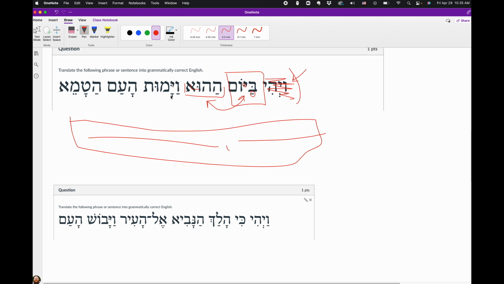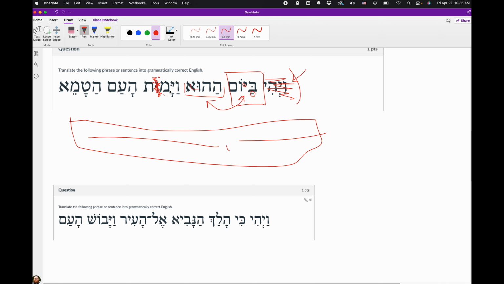All right, so the error here, however, is that when you have a hollow verb, if we cross off the vav relative and the dagesh, there is no error. This looks the way it's supposed to look. But when we go into the vav relative on a hollow verb, that's one of the verbs that shortens. We get a short form. And so this shureq here is either going to become a holem or it might become a qibbuts. I'm not sure exactly which one happens here, but